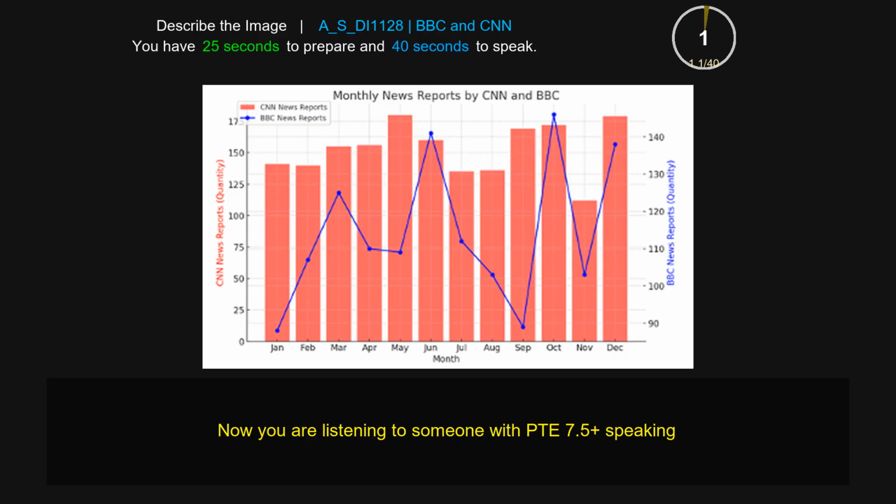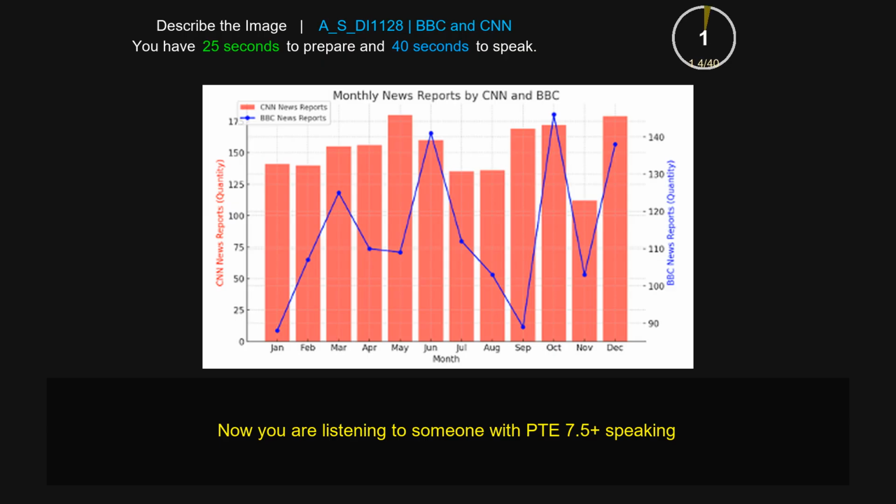The following picture presents a lot of important information about monthly news reports by CNN and BBC. First of all, in this picture, it shows January, February, March, April, May, June. Secondly, September and October were also discussed in the following image. Another telling aspect of this picture is 25, 50, 75. Some other noticeable feature in this picture, BBC News reports, October. That's all I can describe from the